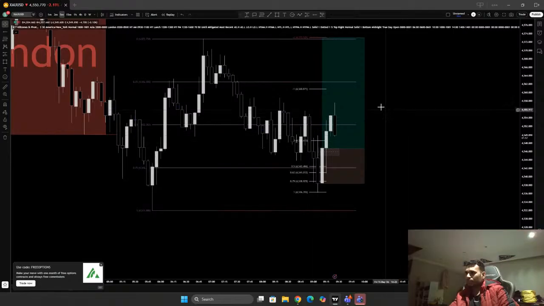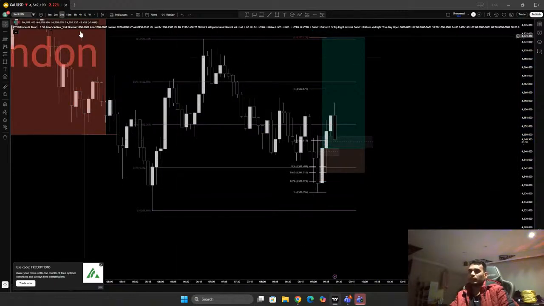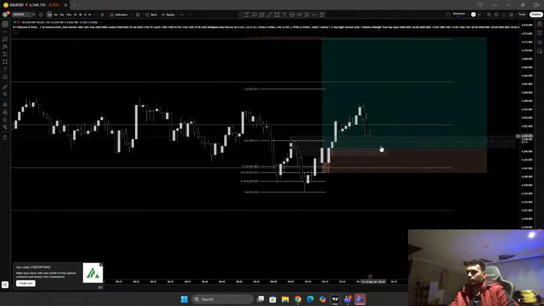We have that 5 minutes gap. So let me see how the 5 minute close, which is very important. So one, two, three, I put the stop loss at this swing low. So this is my stop loss right now. I have to see that. But there is no breakout structure. That's not something I like to see.